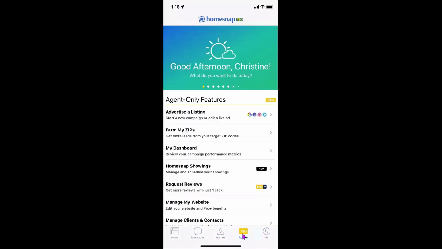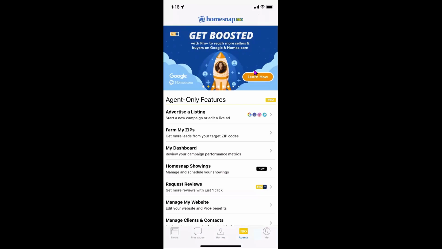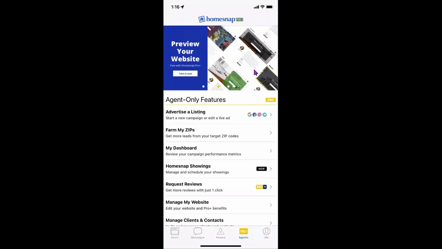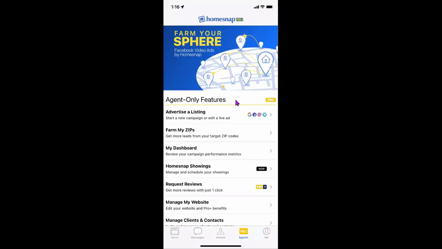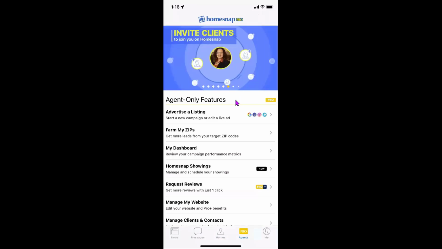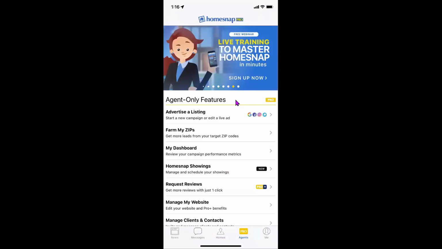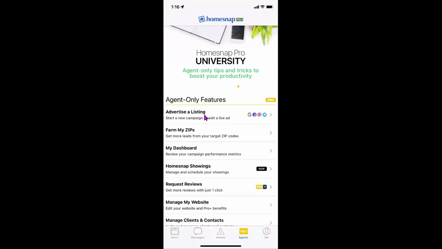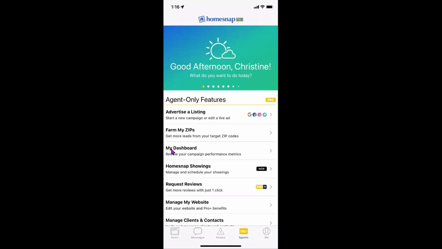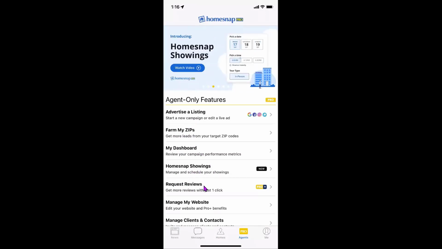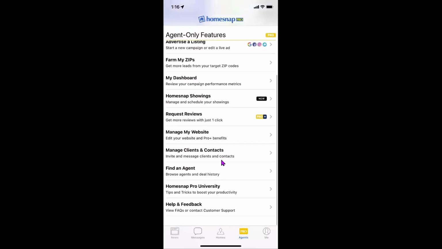We have Agent Pro. This is going to say good afternoon. It's going to say your name, and it's going to scroll through different options and upgrades that you can incorporate into your program. So they're called agent only features. Why? Because your customer is also able to download Homesnap because we can invite them to use the program under our account. Now from here, it's going to show you that you can advertise a listing, farm for a zip code, have access to your dashboard, you have Homesnap showings, you can request reviews, manage your website, manage clients and